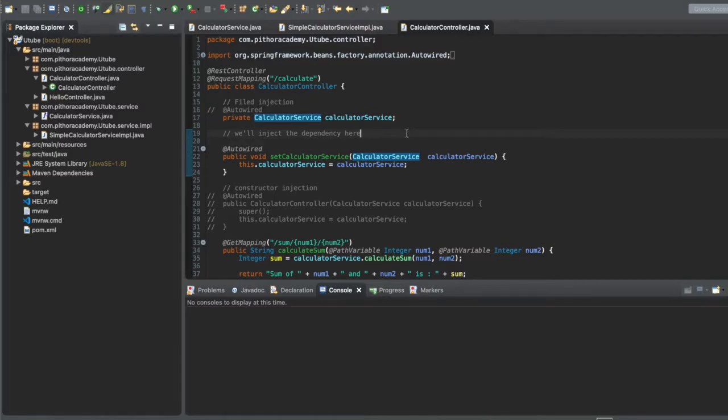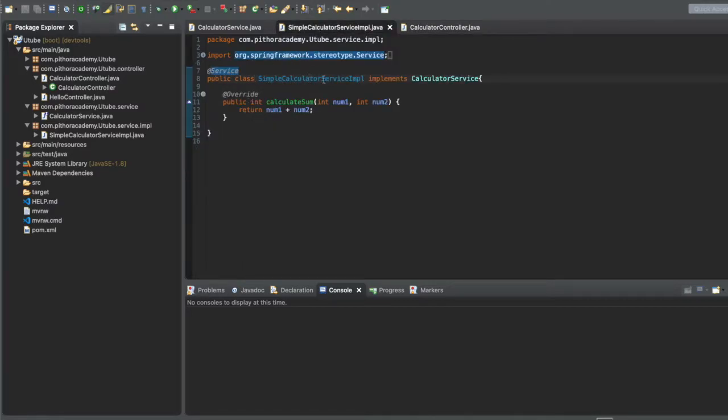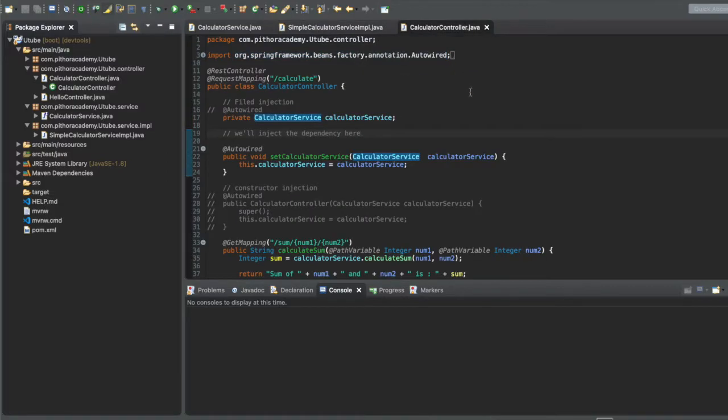By default it uses by type, which means the IOC container will check which bean you need. Here we need calculator service bean, so it will check, do I have this kind of bean? So we have that bean, right, this simple calculator service IMPL.